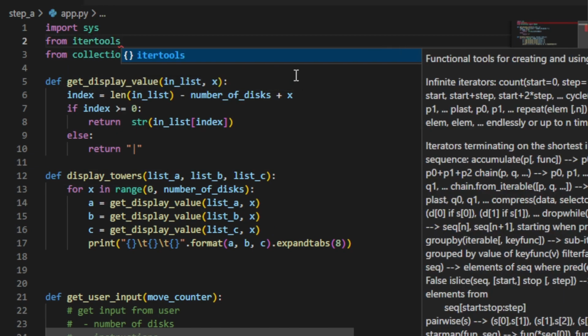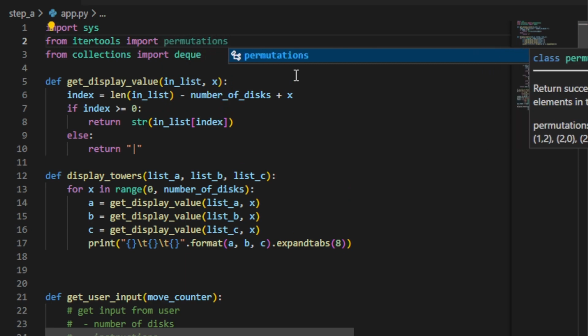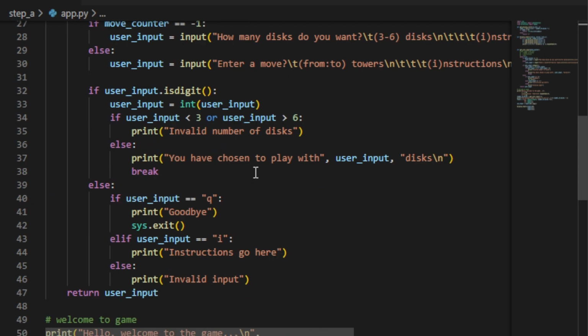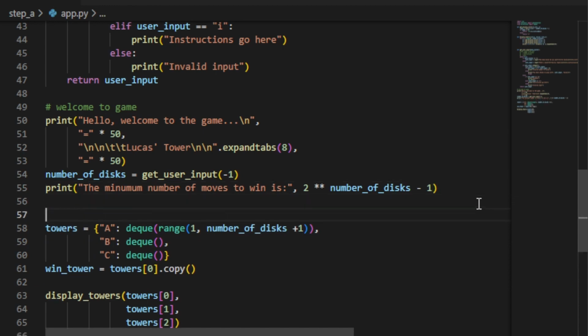From itertools import permutations, and then I want to go down, and as I said, we're going to join them together. So let's say, it really doesn't matter where I put this right now. Let's put it here. All right, so for X in